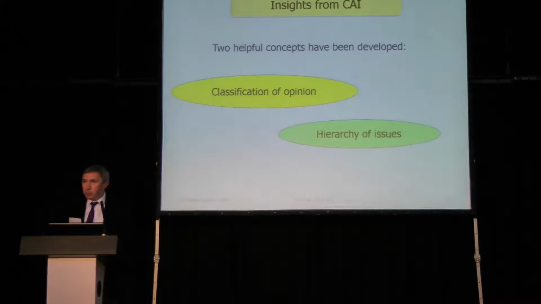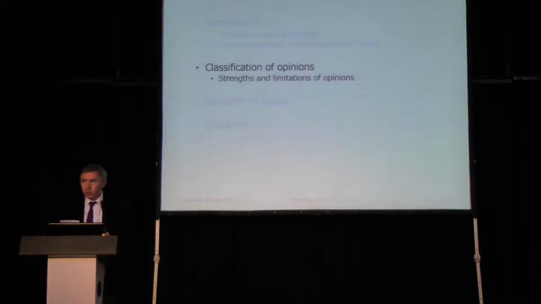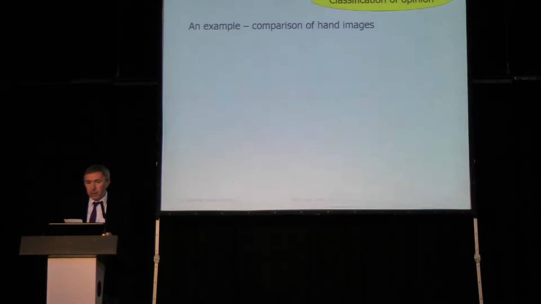There's two key aspects that come out of this model, and the first one is about classifying the opinions that we do give. And we thought it's useful to start that way. You know, it'd be useful to start with a blank sheet and build it from the bottom up. But we are where we are, or we were where we were. People were giving opinions in different forms. So we wanted to classify those opinions to try to understand them and challenge them. But also this other concept came up about a hierarchy of issues, about how we can best help position ourselves within a case.